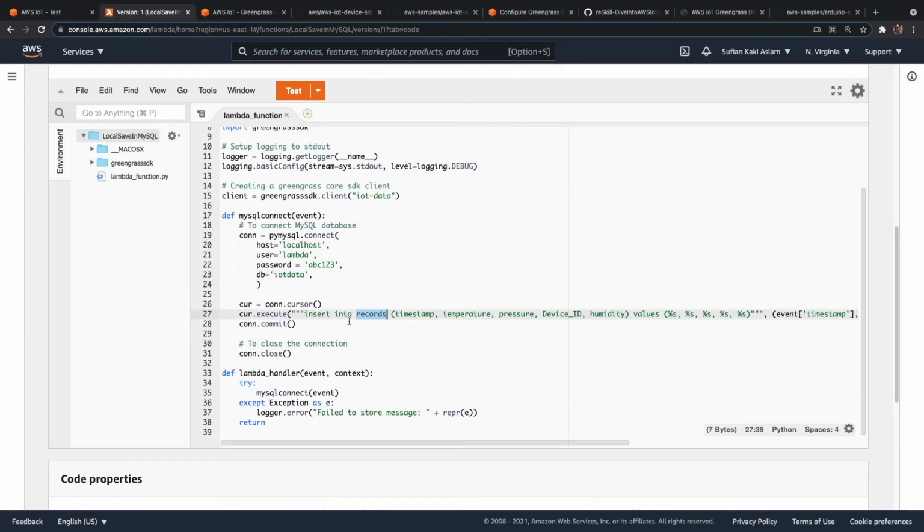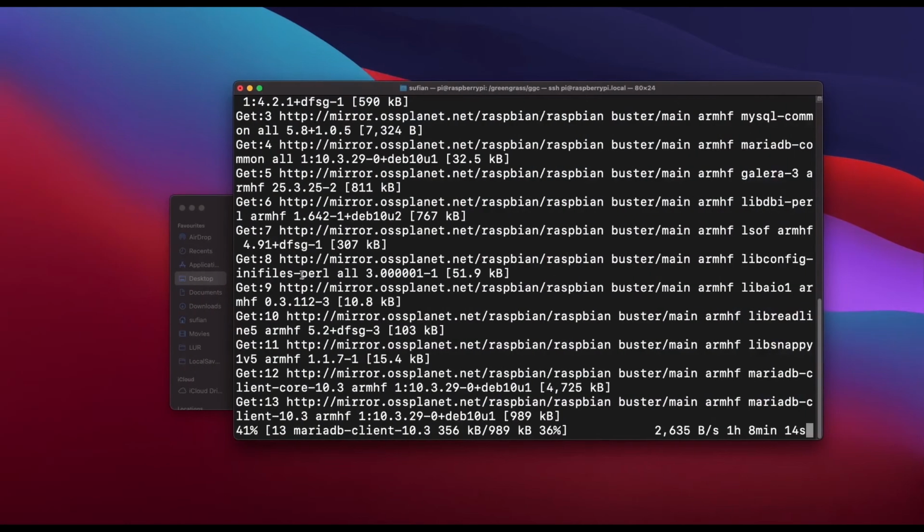Once we do all of these things and deploy the Greengrass group, the IoT devices will start sending data to the core, which will trigger the Lambda, and all of this will get stored.